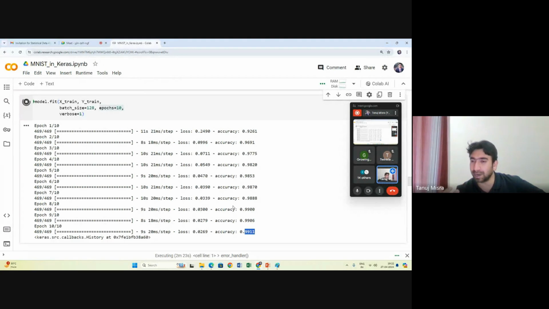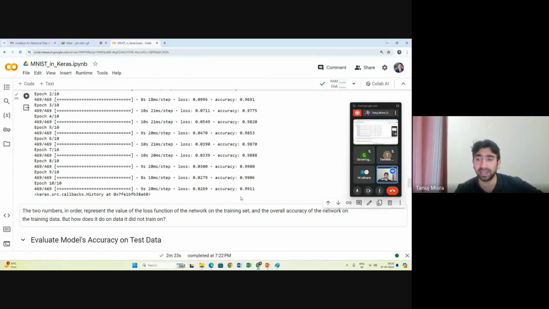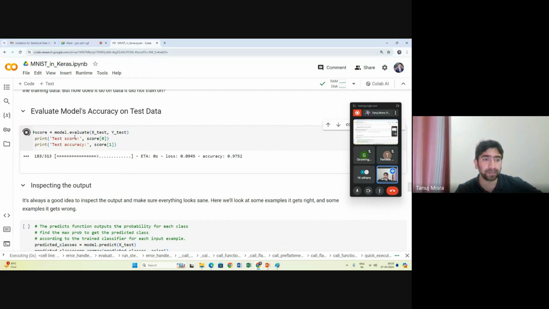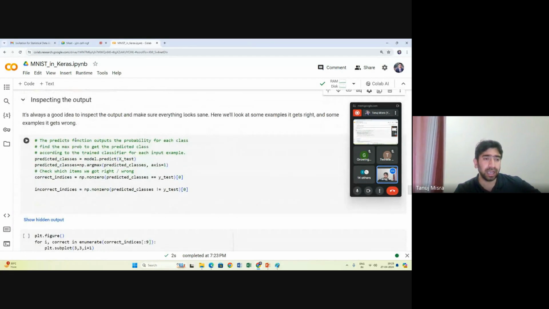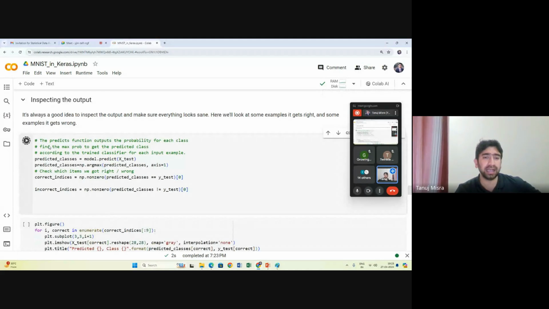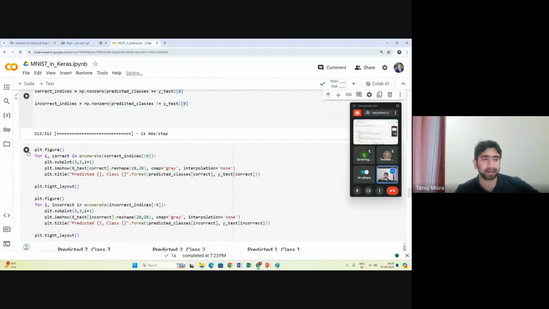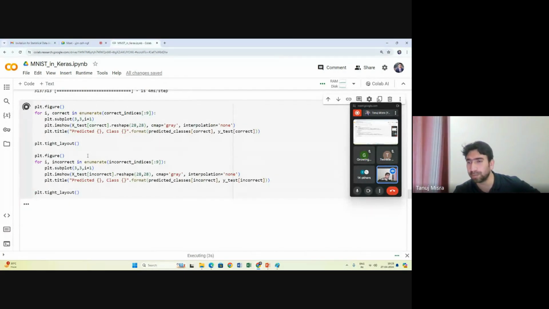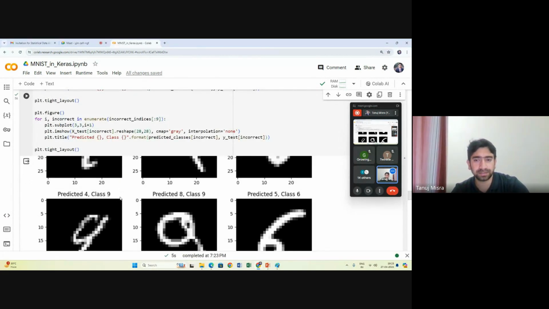I am also from a BSc agriculture background, and after that I learned these types of technologies in MSc in computer science while I was studying at IARI. And this is actually the score to evaluate the model. Okay, and here I'll predict some output. This code will predict some output.